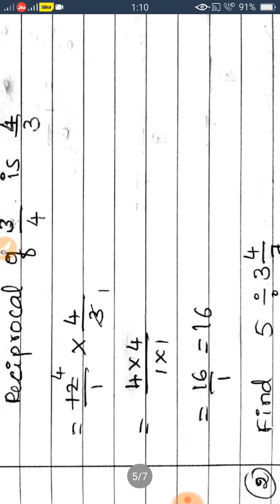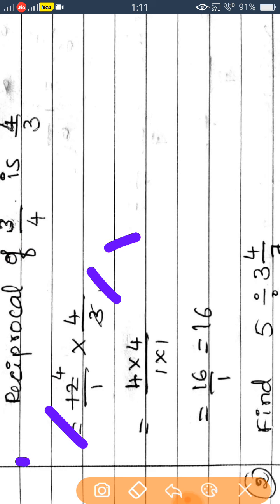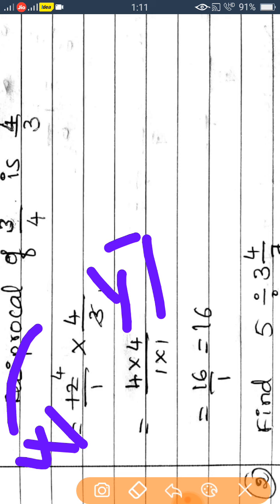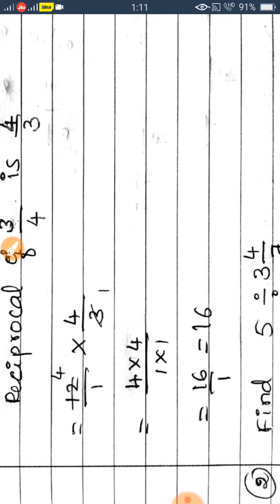Now as it is, you know the multiplication rule. How is it? Numerator to numerator, denominator to denominator, multiplication you can take, or else numerator to denominator you can cancel. How did I cancel here? See here, 12 by 1, 4 by 3 was there. 3 4s are 12, 3 1s are 3. So 4 into 4 is 16, 1 into 1 is 1, it is 16 by 1. It gives us 16 here.